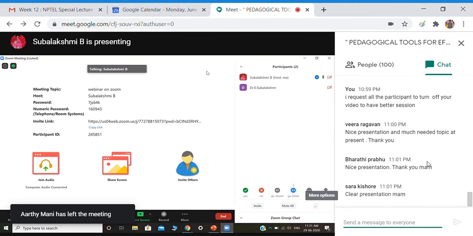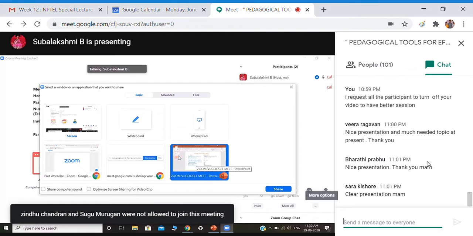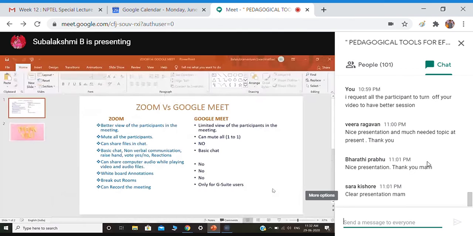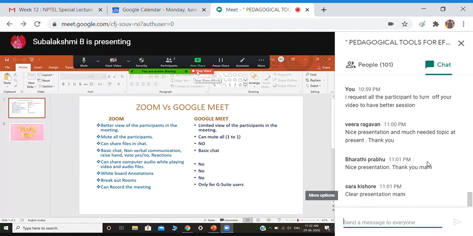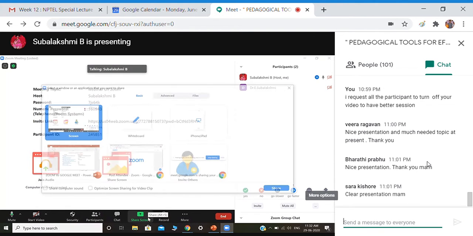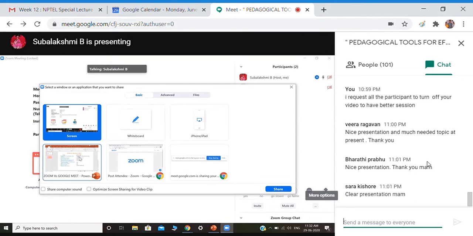And next, again, I'm going to show with the other one. For example, I'm going to share a PPT now. You have to open the file, click on that, and then select the share. So now my PPT will be visible to the participants. And then you have to click on stop share once your presentation is over. So now here you have the basics, I told you, to share the whiteboards or any presentations.